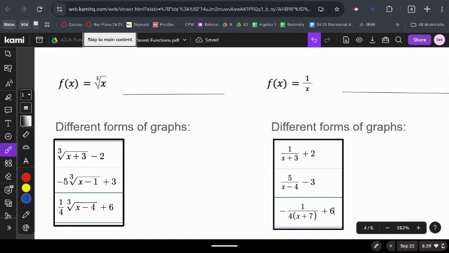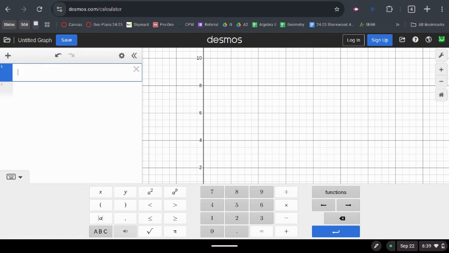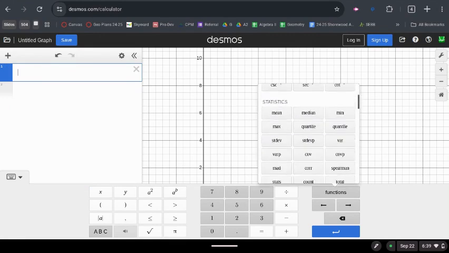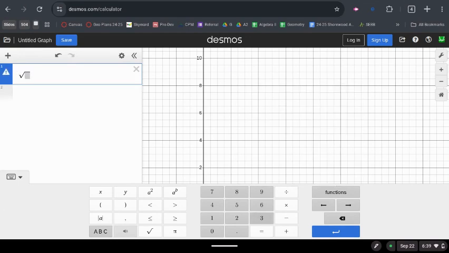This first one kind of looks like x to the power of 3, except that 3 is on the inside of the square root. So this is called a cube root function. And the way that we do that in Desmos is you go into a new one. Oh, here, let's just delete out of these ones. And you click on this functions button and go all the way to the bottom where you see this n root in the middle on the bottom there. Press that, you're going to type your 3, and then on the inside, you're going to type whatever it is